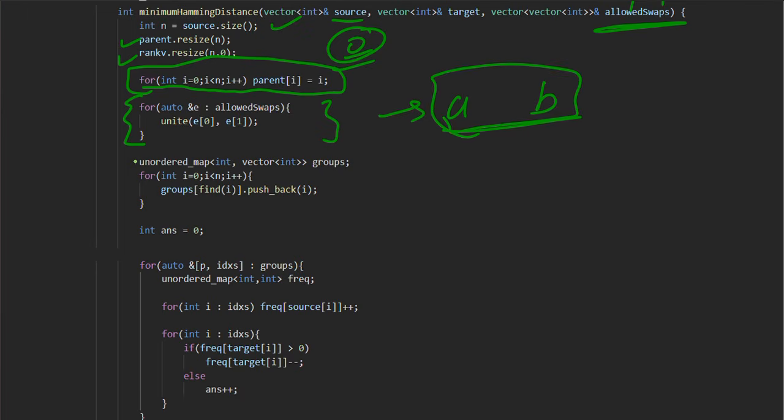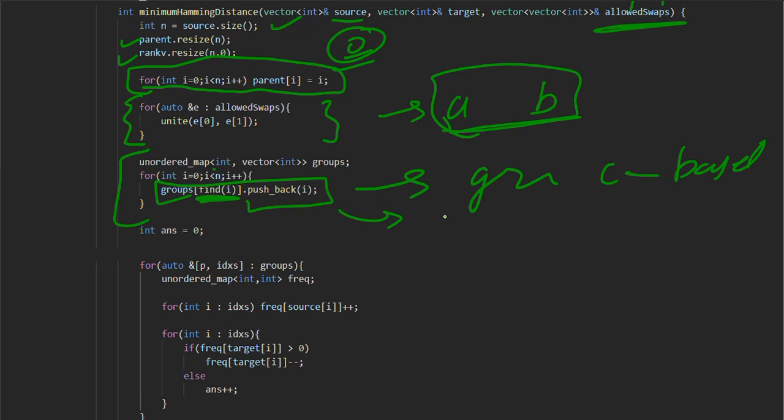After forming all the components, we group the components based on their parent. If they have the same parent, then they will be pushed into one group. So now after this step we have groups such that each group has one parent and the indexes that are present in the group.